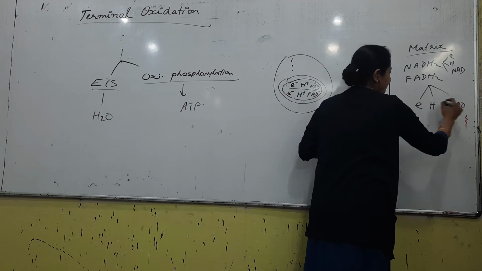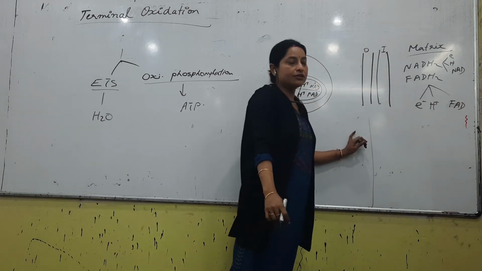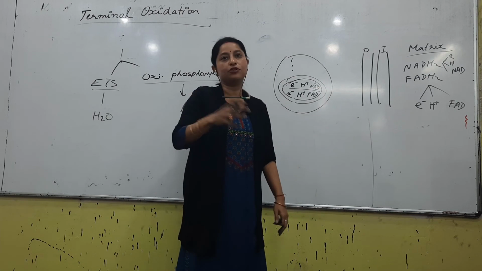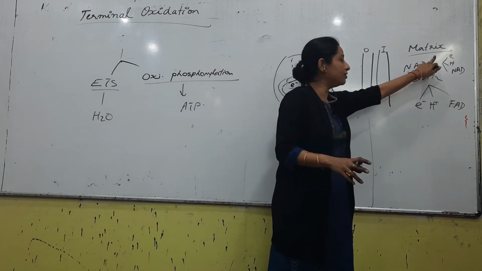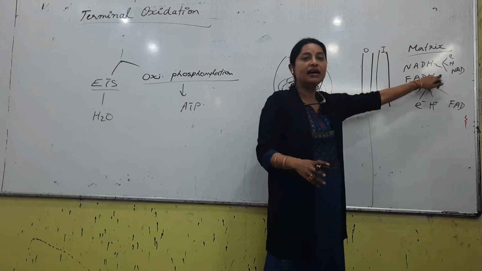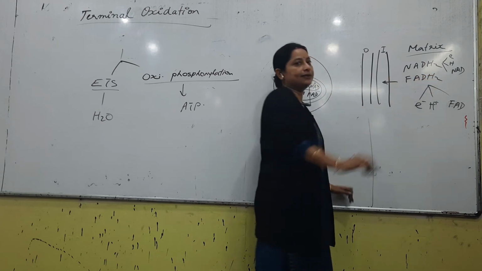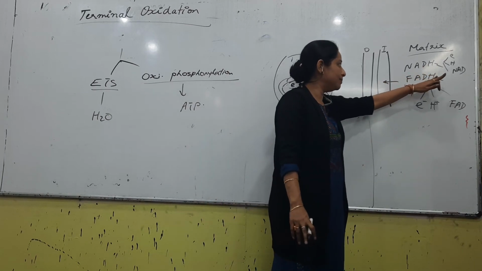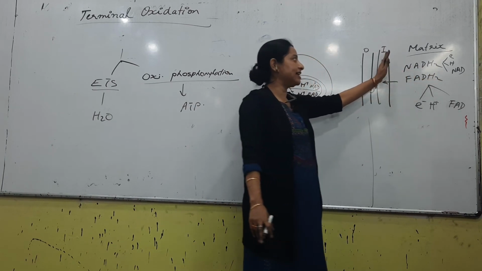Clear, right? So electrons and protons need to be thrown out of the matrix. If they are not thrown out from the matrix, they will combine again. So electrons and protons will be thrown out from the matrix, and then they will come to